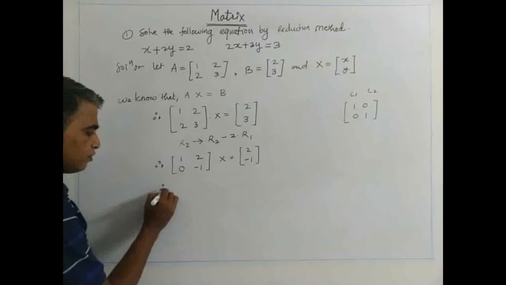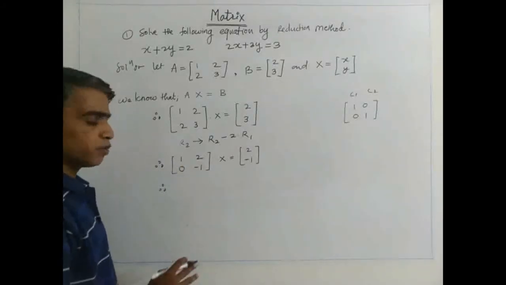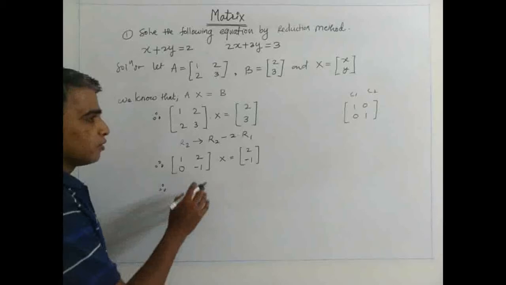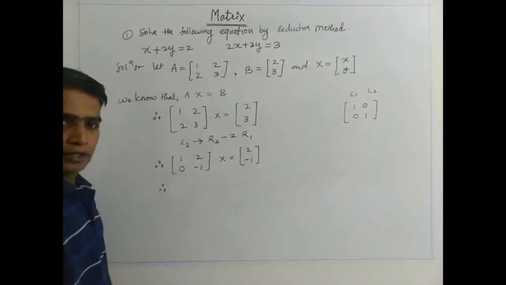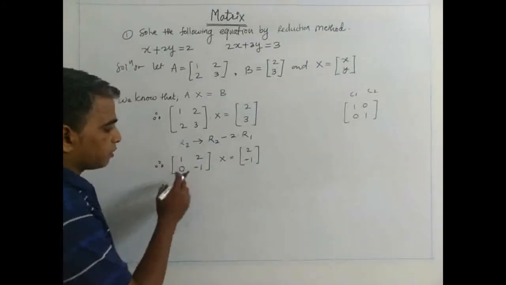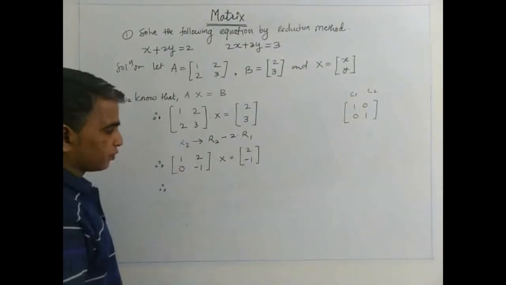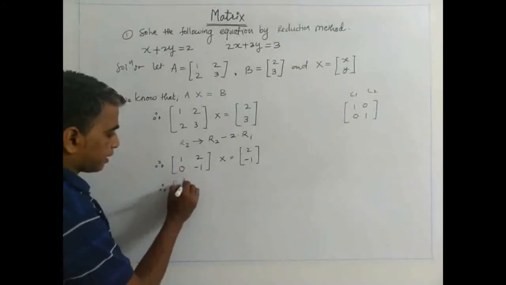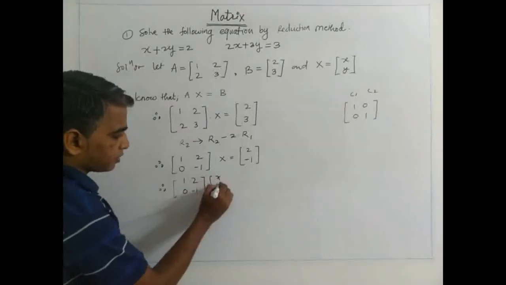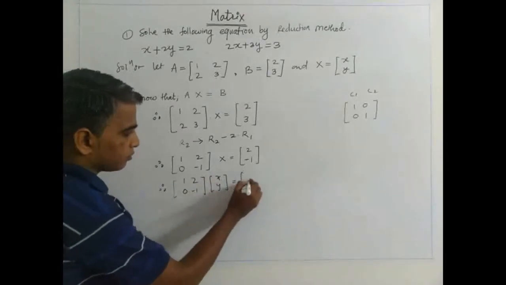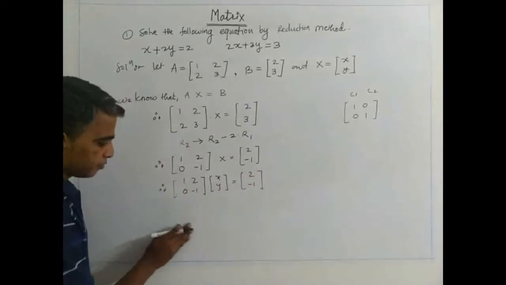Now if you have not converted that matrix into the inverse matrix, that is also okay. Instead of the identity matrix, we can directly use this equation with the upper triangular matrix or lower triangular matrix. The given matrix is now an upper triangular matrix, because the values below the diagonal are 0. Now we will substitute the matrix values: matrix X is x, y, equal to 2, minus 1. Now we will multiply these matrices.